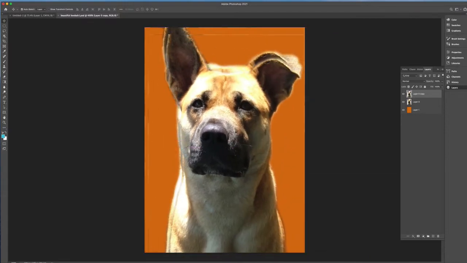You can also change the size of your layers. You can also see I do need to clean up a little bit more around the edges. I can do that with the lasso tool. But for right now, I want to show you how to change the size of each image within your Photoshop